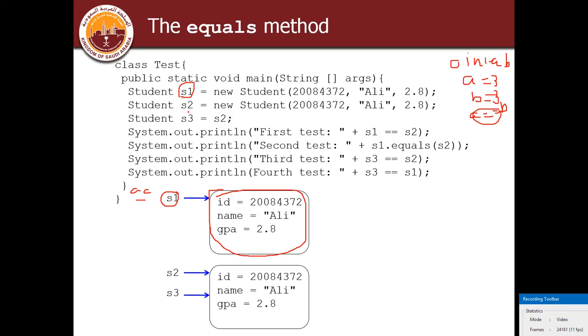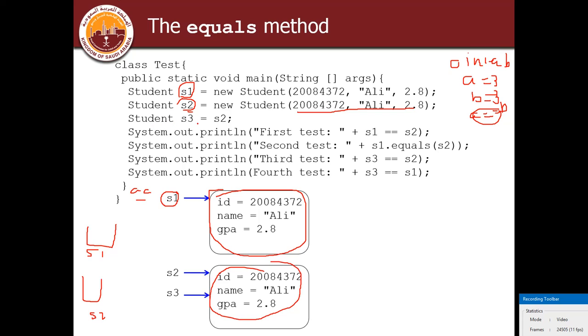Here I have created another object of the student class, S2, initialized and instantiated with these three values, so some memory space will be created. Here I have created an object called S1 with some values. Here I have created an object called S2 with some values. So S2 is created over here and initialized with this data.